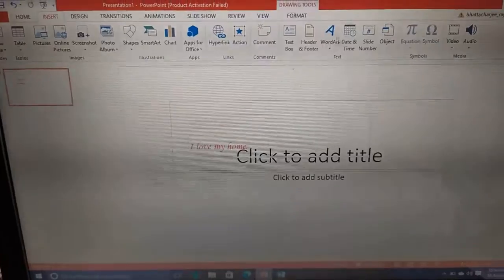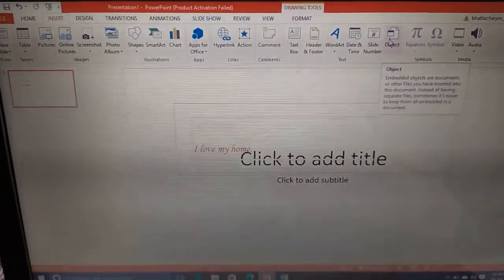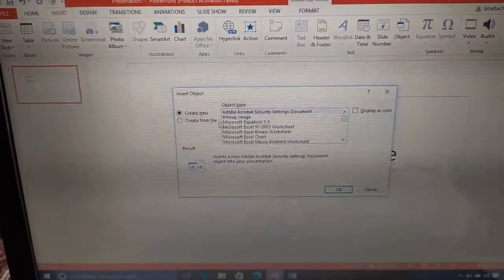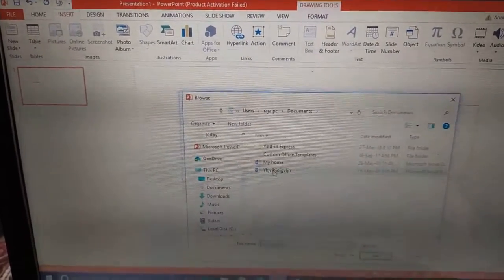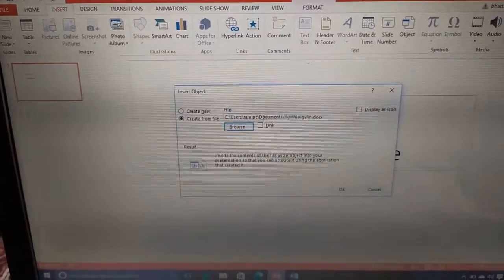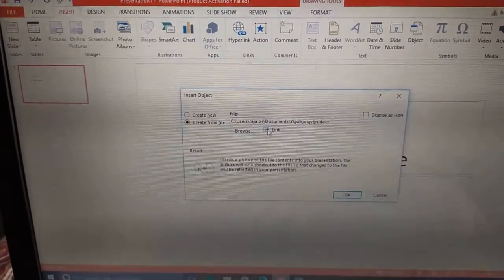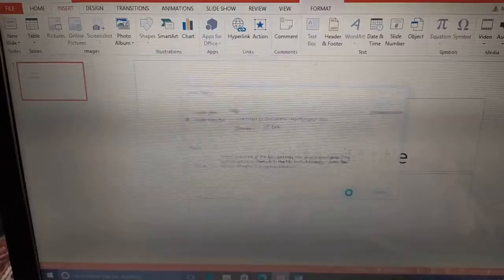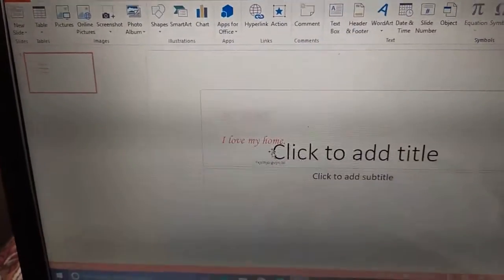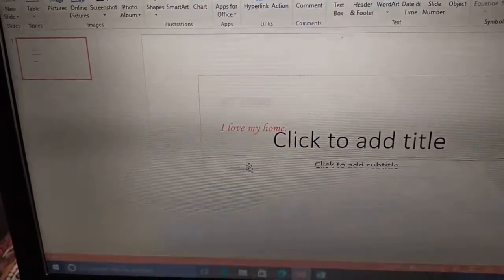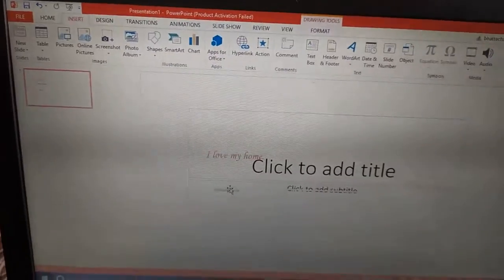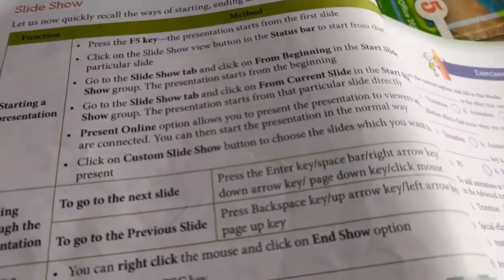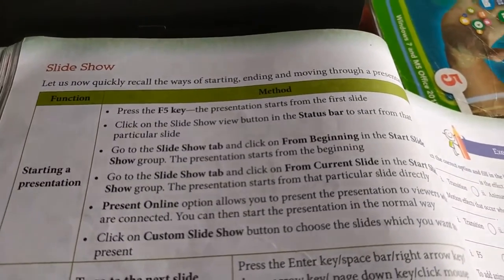Now, if we click Object, create from file, browse, suppose this one, and we click Link and click OK. See, our document is here, and if we make any changes over here, the source Word file will also be updated.